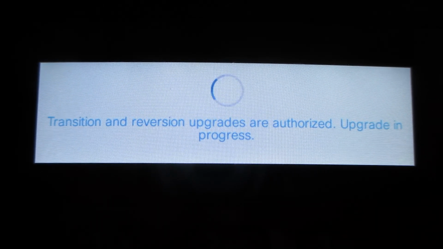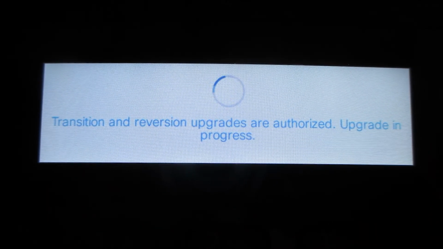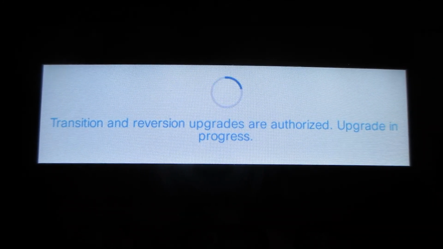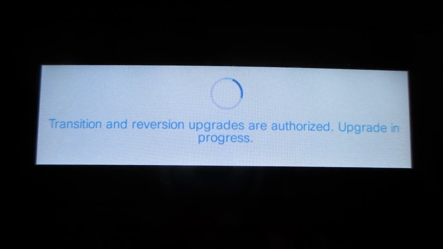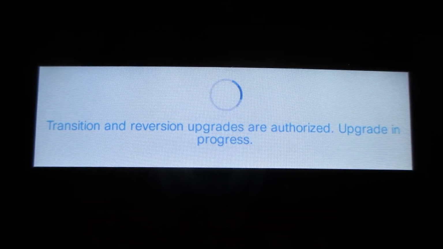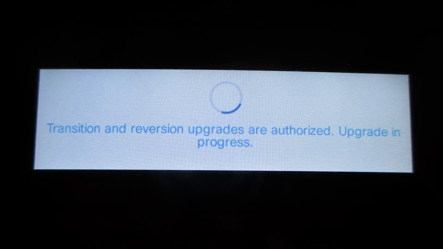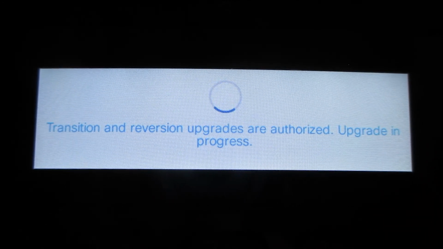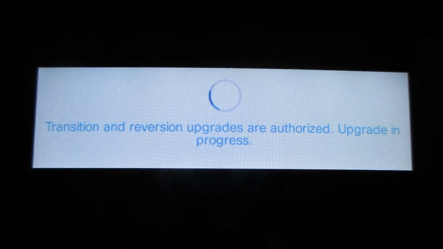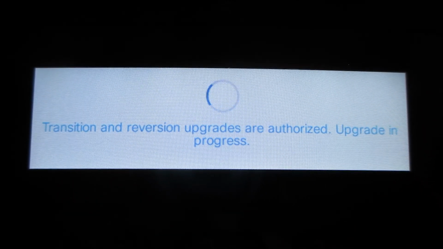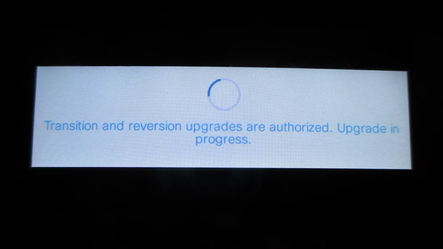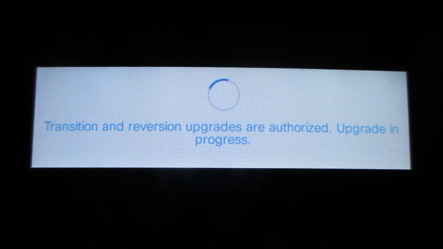Excellent. So at this point, it has gone through the validation of the licensing, and it's been validated as A-OK, and now it's at the final stage where it's going to be migrating from the transitional firmware to the enterprise firmware. But in any case, going back to the discussion, if you have a larger fleet of phones